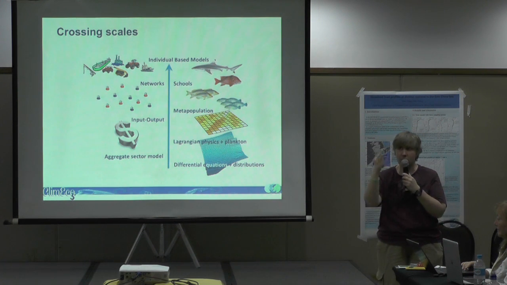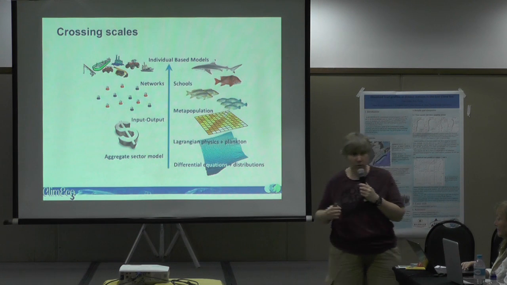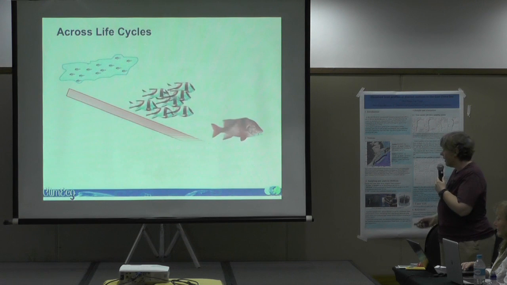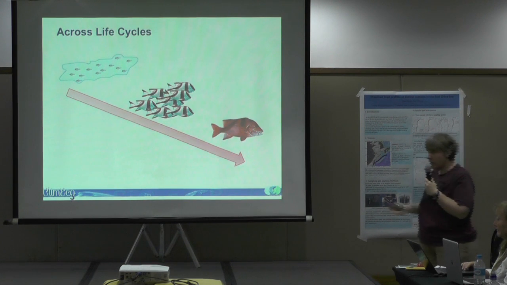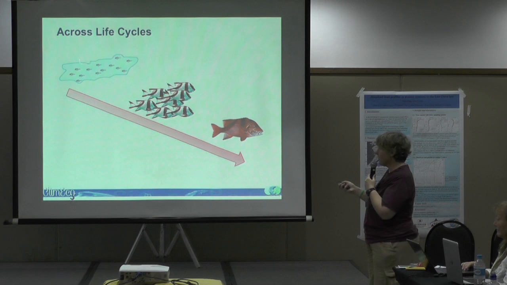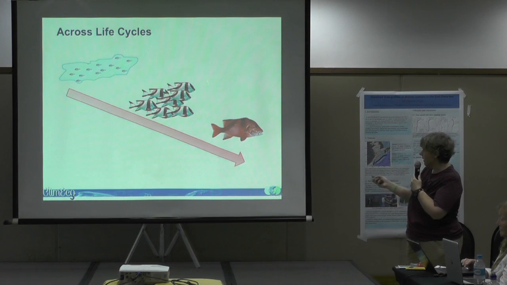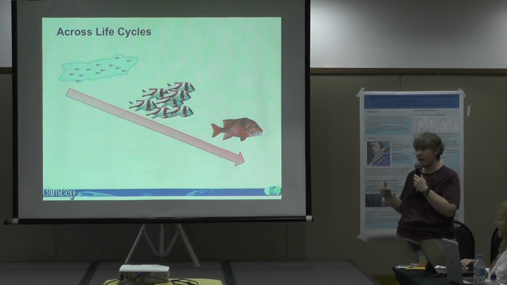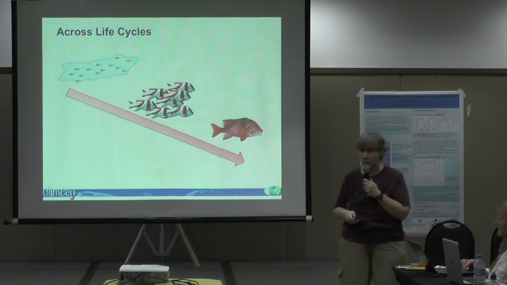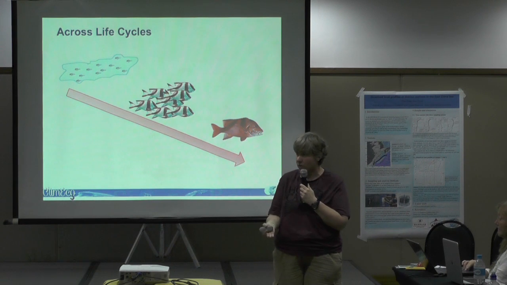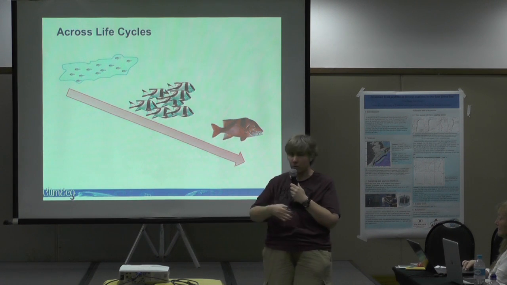So we telescoped in detail where we needed the focus and where the processes came down to individual decisions. We also did that within the life history of some of the species. So we didn't want to track every single larvae. So we had patches of larvae that were represented statistically. We had schools of juvenile fish, and then when they became adults and were very rare and very highly sought after by recreational fishermen, that's when we went down to individuals. So in space, in time, in taxonomy, but even in the life cycle, we use different scales and different processes